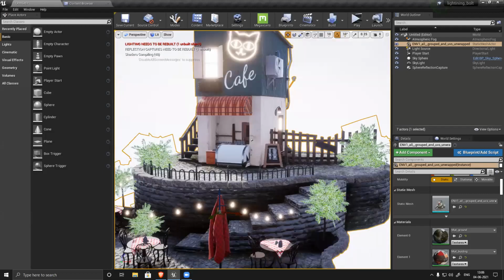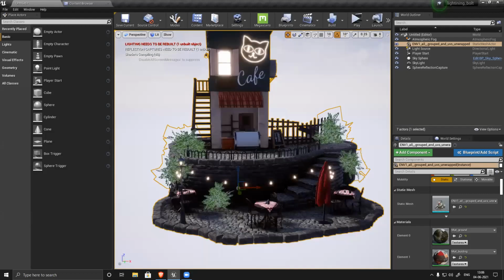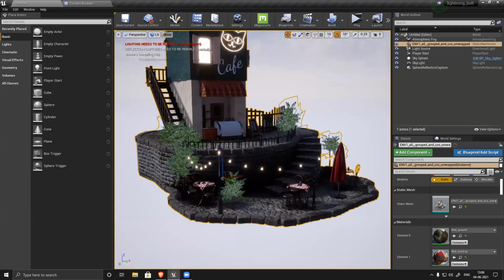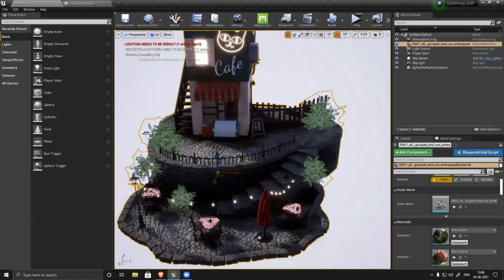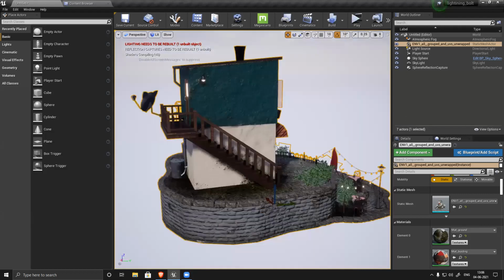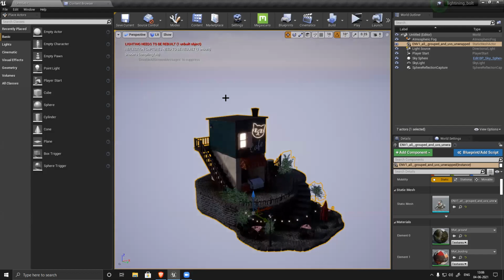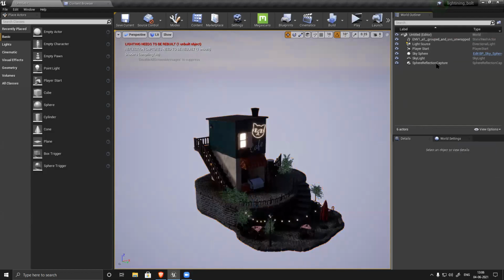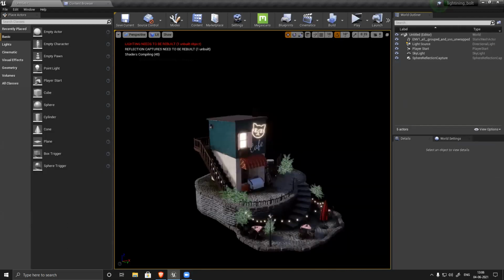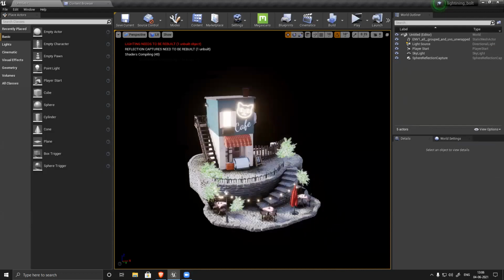Now I have this basic structure ready. All the lights and everything, I can see it's glowing, but whenever you have a light, that light part won't glow. So it's a dark scene. So first thing, how to set up. I opened a default layer and then I just simply placed it. Now I don't want atmospheric fog, and I don't want sky because it's a dark scene, right? So I deleted those things.